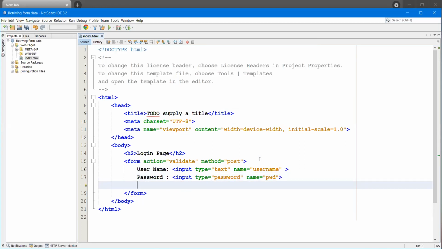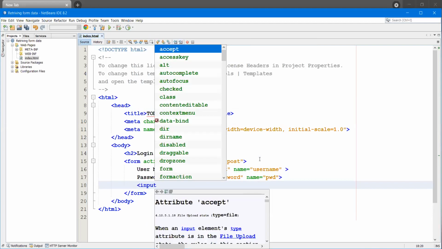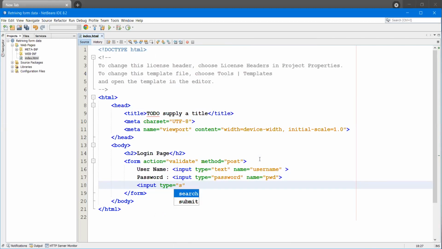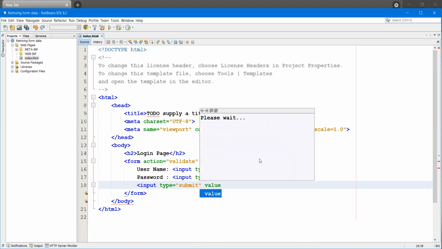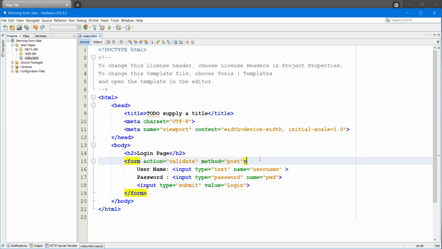Now we need to create a submit button. Input type is equal to submit. What is the value on the submit button? I'm giving login. Let us have a look at how this page is going to be. Just right click and click on Run File.